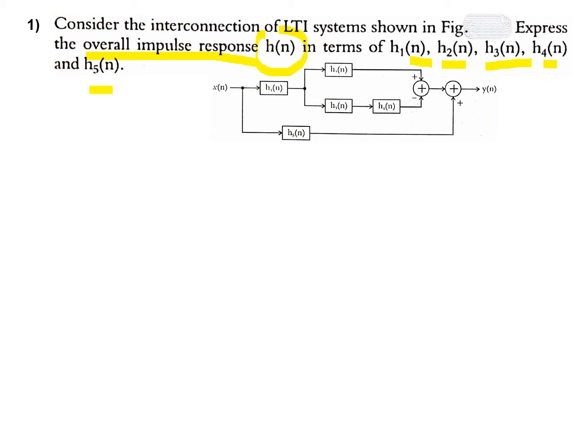That means in this major system, there are 5 subsystems, and all these subsystems are linear and time invariant. In fact, this is a discrete system because you can see the notation of the impulse response h of n, and it's a complex connection of subsystems which are all LTI in property, and therefore individual subsystems are presented by the individual impulse responses, and you have to find overall impulse response h of n in terms of h1, h2, h3, h4, and h5. How to start?